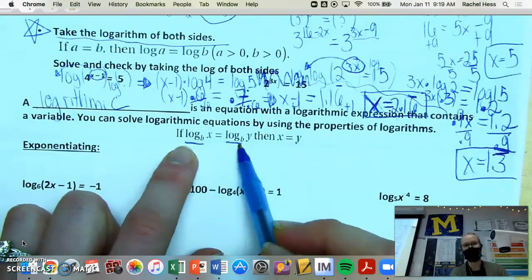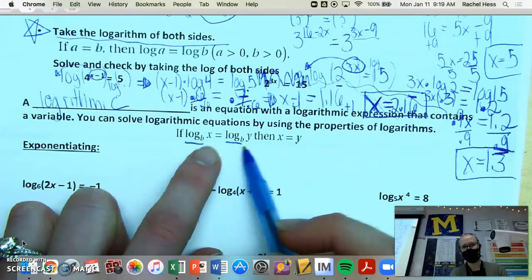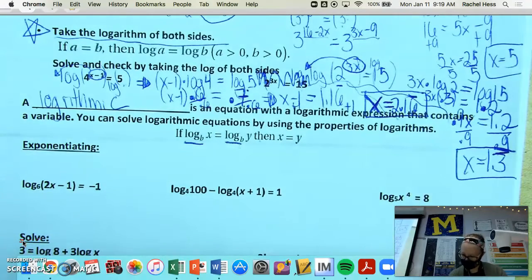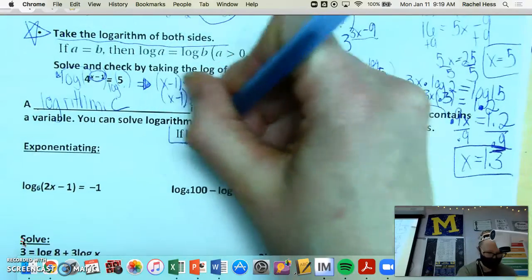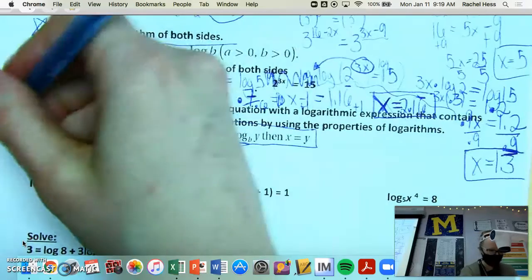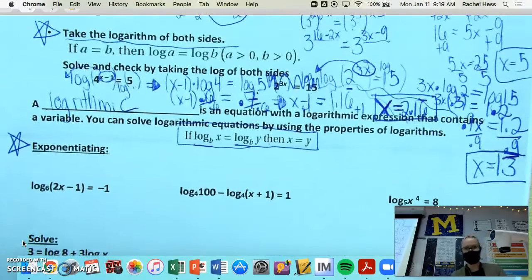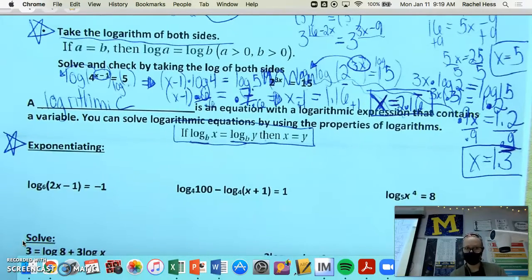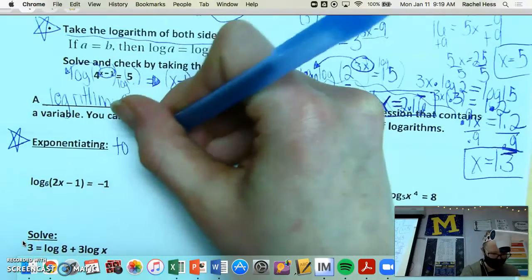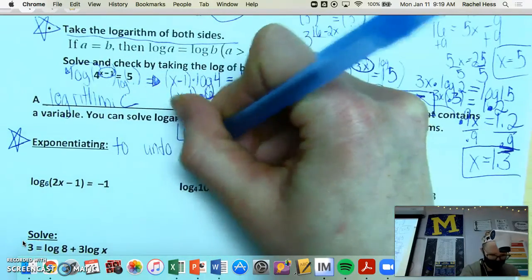So meaning if you have log to the same base, then these big numbers should be equal to each other. So that's one property that you need to know. The other one that will show up on an essay quiz and will have to be done on a real quiz is called exponentiating. And this is saying to undo a log,